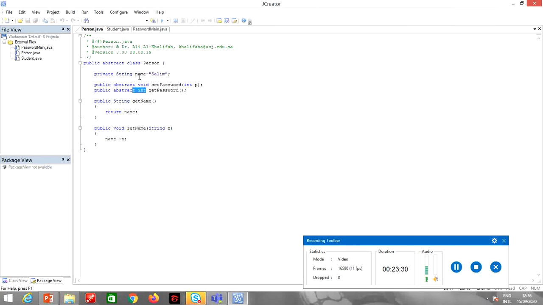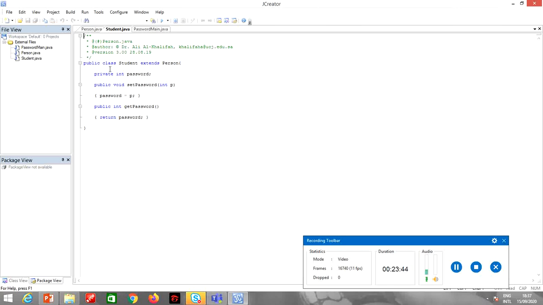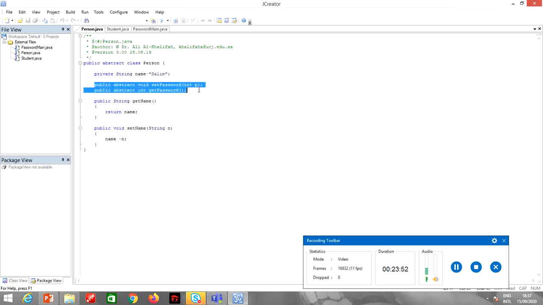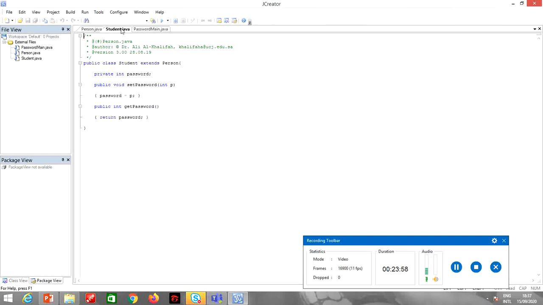Now since the field name is private, we must provide get name and set name methods so that it can be accessed in the child class. So this is what we have done here. Now coming to the concrete class, student class extends person. Now when this class extends person, that means we have to provide the implementation of the two abstract methods which are set password and get password in the student class.